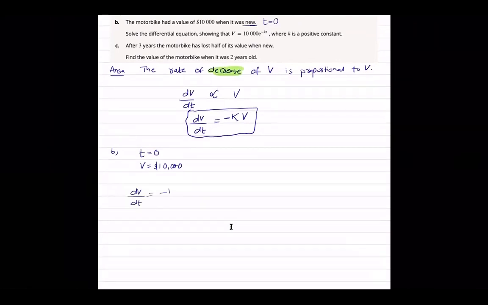And how do we solve the differential equation? By the separating variables technique. This V is going to come on the other side. Is this step clear? Yes, sir. 1 upon V dV is equal to minus k dt. You're going to integrate the terms. The integration is going to turn out to be ln V. Minus k is just a constant number. Integration of 1 dt is t plus c.